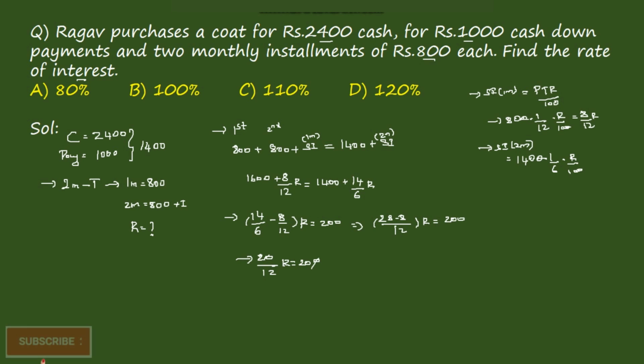The zeros get cancelled, it becomes 10 R, which implies R is equal to 120%. So the rate of interest is 120%. So option